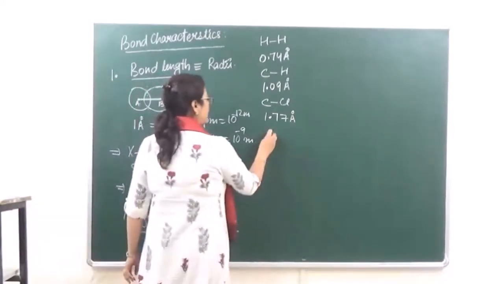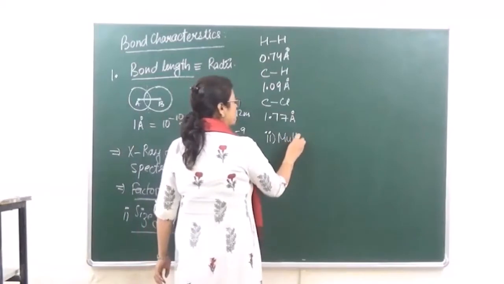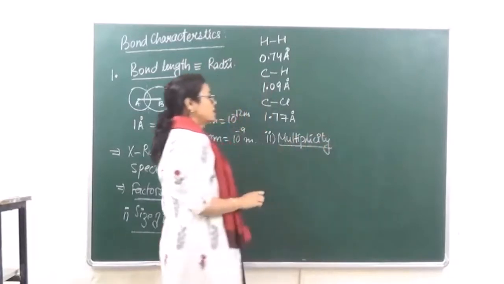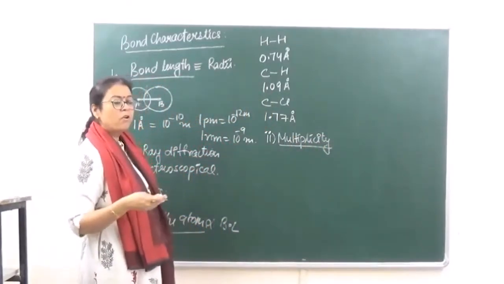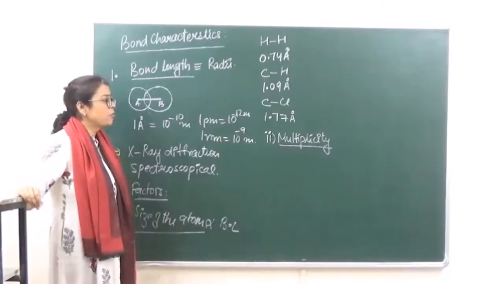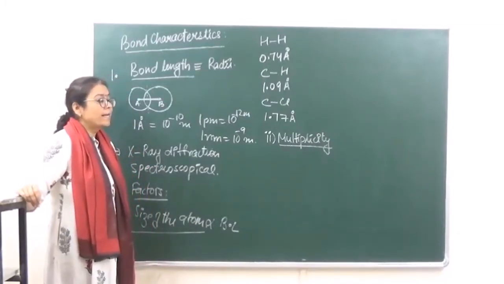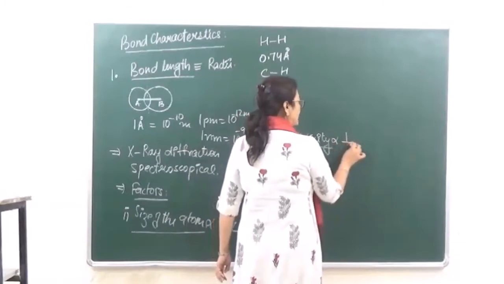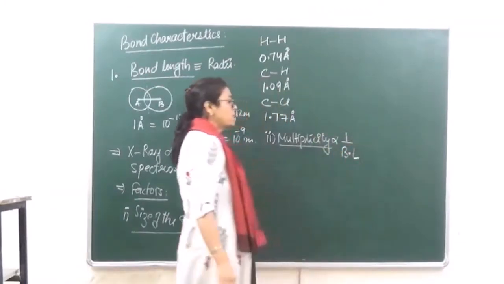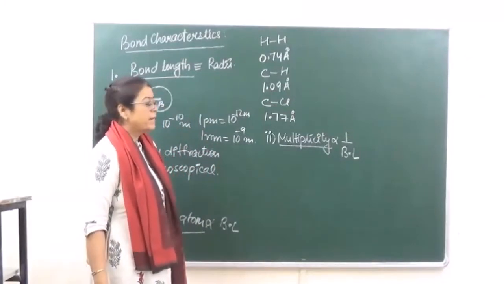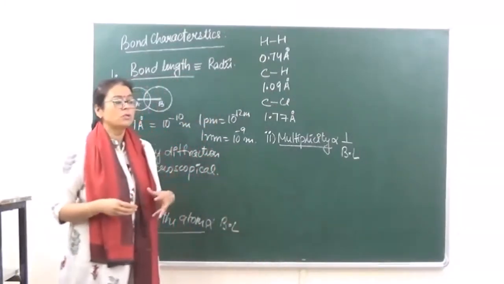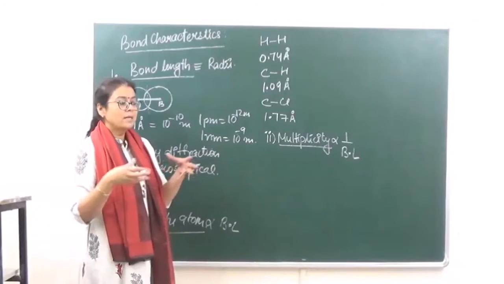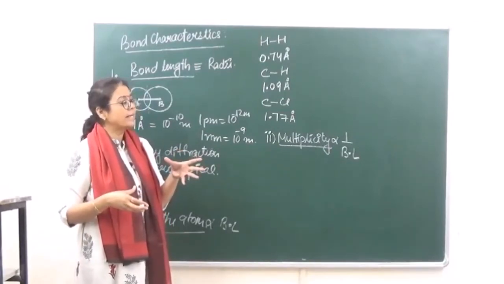Second factor on which bond length depends is multiplicity of the bonds. मल्टीप्लिसिटी का मतलब क्या हुआ कि जैसे जैसे नंबर ऑफ बॉन्ड्स बिटवीन द टू एटम्स इट इज गोइंग टू इंक्रीज, द बॉन्ड लेंथ दैट इज गोइंग टू डिक्रीज. सो इफ मल्टीप्लिसिटी इज मोर, बॉन्ड लेंथ इज गोइंग टू बी लेस. सो वी कैन से दैट मल्टीप्लिसिटी इज इनवर्सली प्रोपोर्शनल टू बॉन्ड लेंथ. ओके, सो व्हाई दिस इज हैपनिंग? बिकॉज सिंगल बॉन्ड जो होता है उसमें फोर्सेस ऑफ अट्रैक्शन आर गोइंग टू बी लेस. So वो बहुत ज्यादा कस के एक दूसरे को नहीं पकड़ते. As a result, bond length that is going to be more.